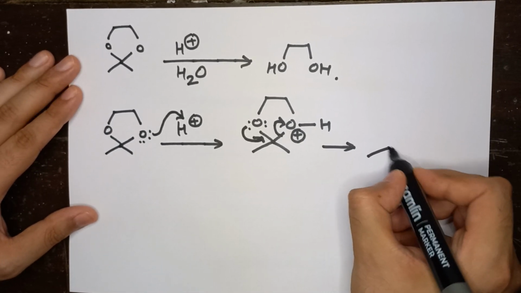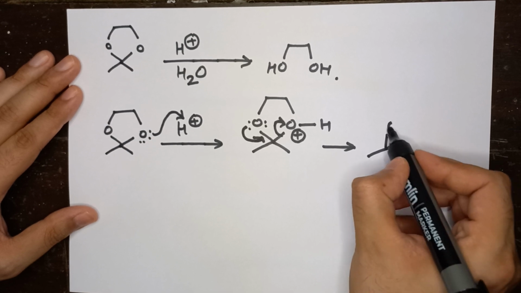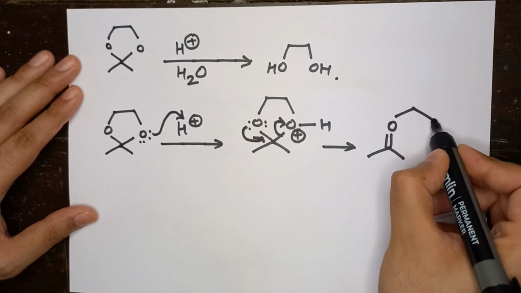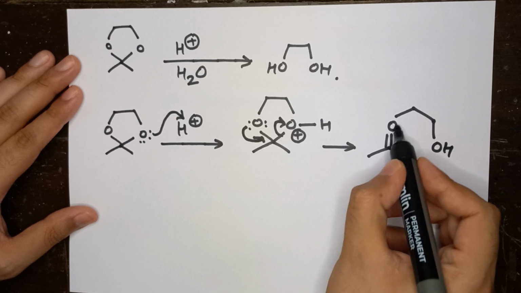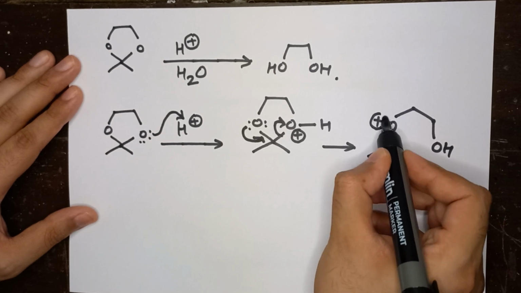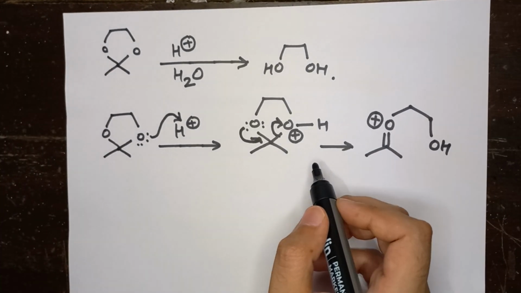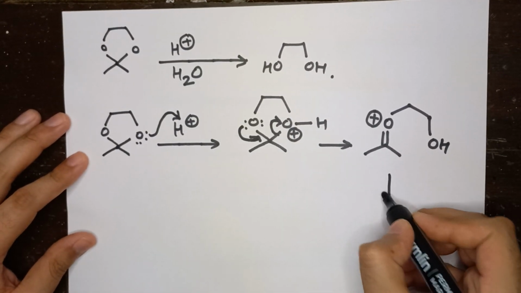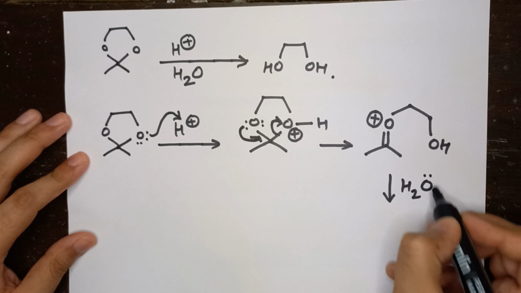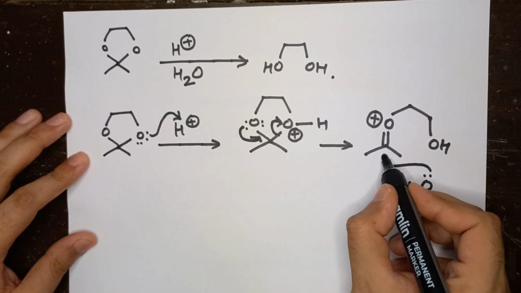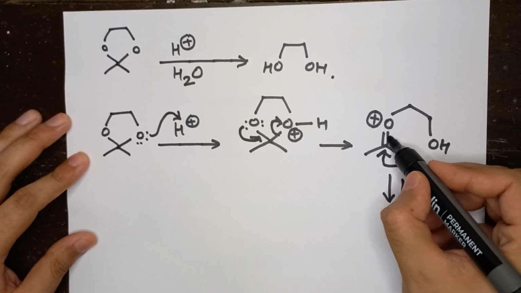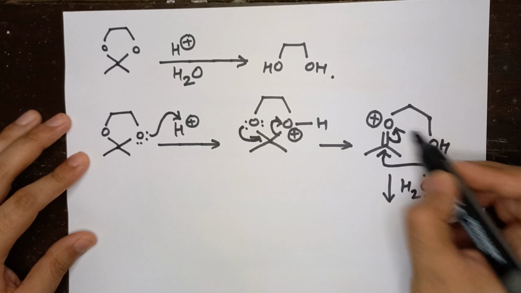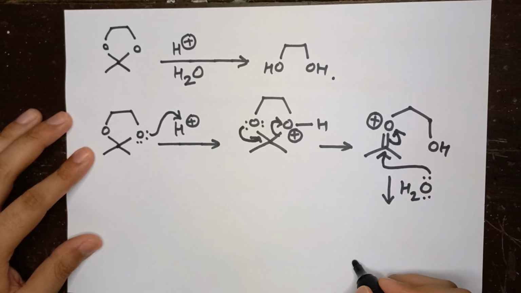So this will generate C double bond O, CH2CH2OH. This oxygen will get positive charge. Now we also have a water in the system. So this time water will come. This oxygen lone pair will now attack at this carbon. This double bond will break into oxygen, and we have